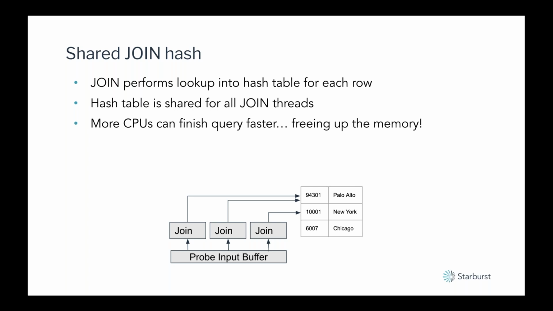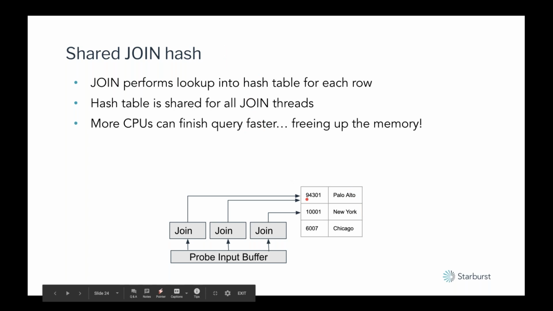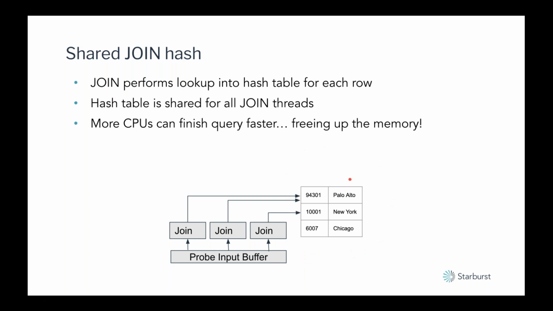I'm going to spend a minute explaining how joins work, because it actually affects lots and lots of the discussions later on in this presentation. All right, so in Presto, the way a join works is unlike most of those other MapReduce-like systems. A big hash table is built, and then we have a bunch of threads that share the hash table, and that's the thing that's fairly unique in